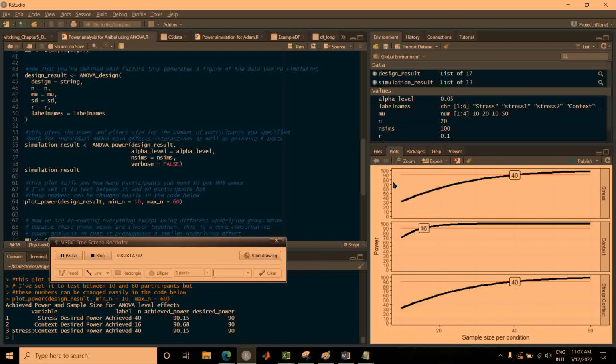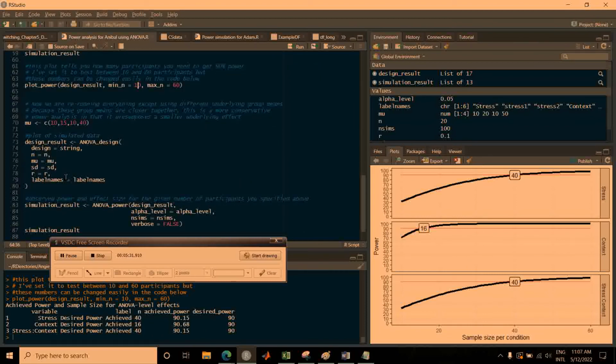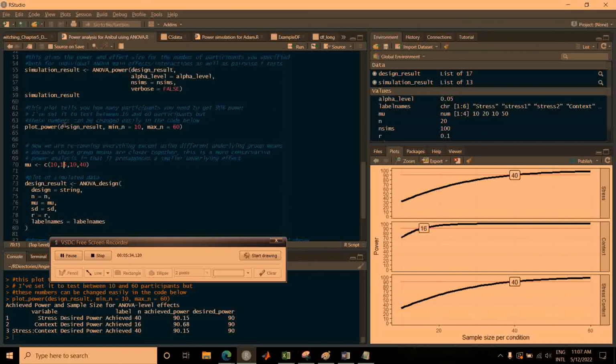Of course, if you're using a lower power threshold, in other words, a lower beta value, then you can just see, for instance, what you need to get 80, roughly here. So for instance, for 80, you would need roughly 30 participants, given these data, to detect a significant effect of stress. Okay. And now in the code, I can just show you how you can rerun the code again easily,